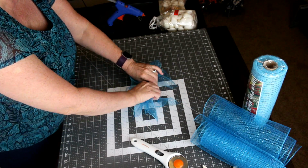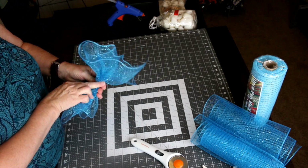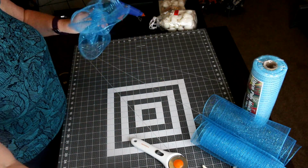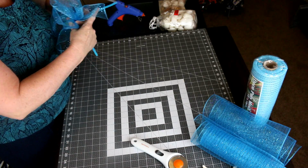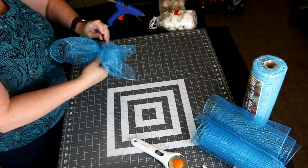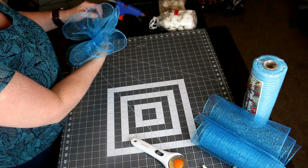Then when I get to the other end, I just kind of tuck it under like that. That just kind of helps keep those little sides tucked under. And then I will just take my pipe cleaner, run it around the back, and tie it off. So you see when you get those together, that looks more like waves to me